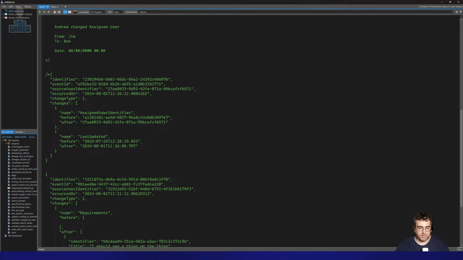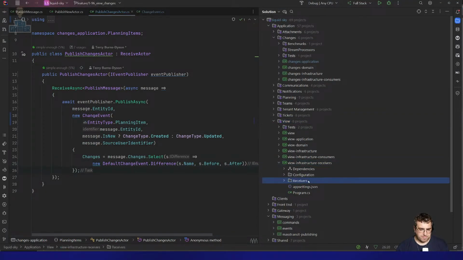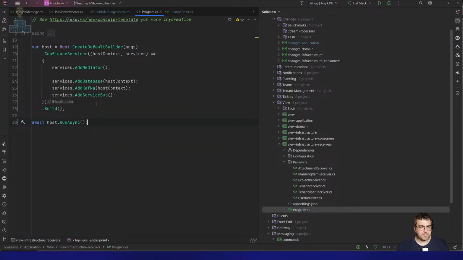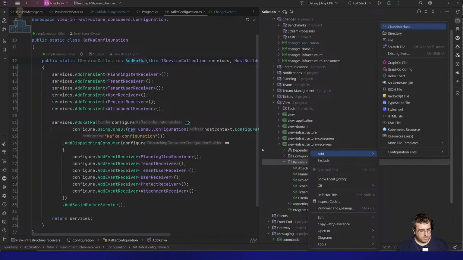Everything is valid for this system. But the challenge is I need to store it. I think it makes sense. So let's do it. Let's do it in here. There's no real harm. So what we need is